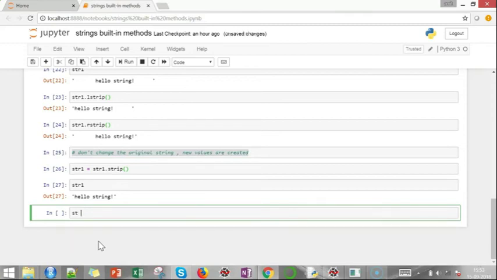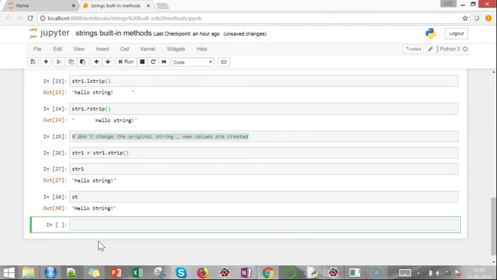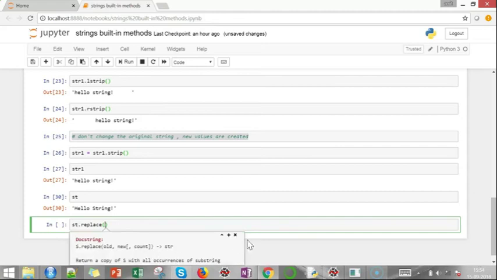Suppose we have our string st, which is still hello string, and I want to change hello to hi. So I'll use st dot replace. If you want to see the help section for any method, you could press shift tab, and a help section appears below.